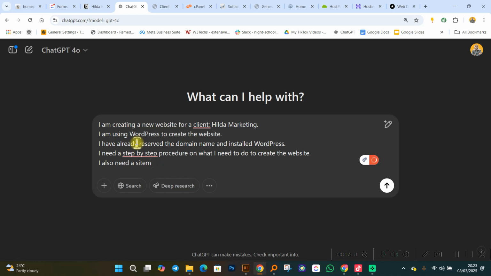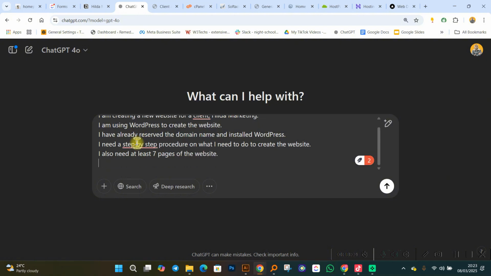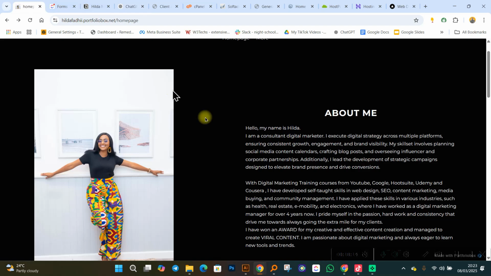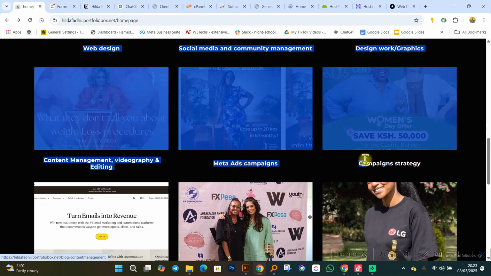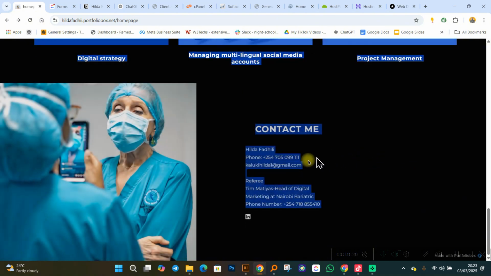A sitemap might be various pages of the website, or we can say I also need at least 7 pages of the website. I can now come and input in, here is some information shared by the client. She had sent us a link over here. So I can come and copy all this. Copy all this, copy all this. Don't worry, copy all that.